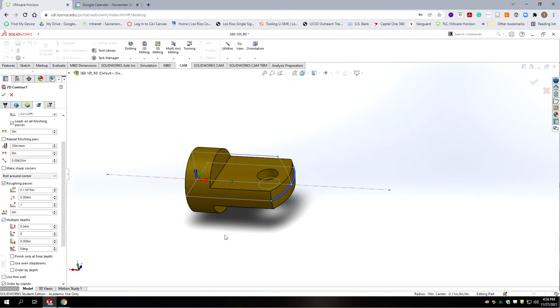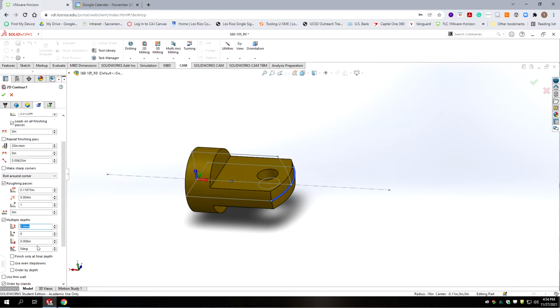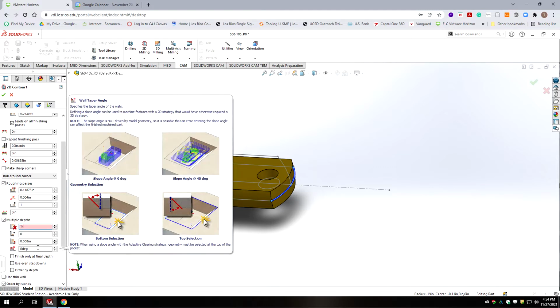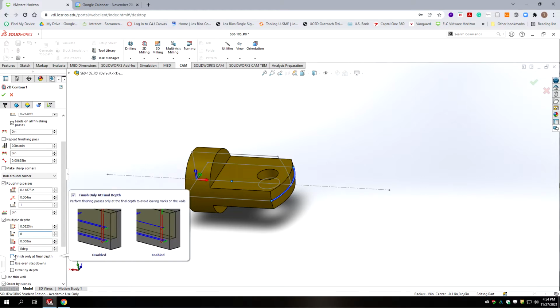And our rod's 197 thousandths in diameter. Let's go half the cutter diameter, so it's 1/8 inch diameter. We're going to do a 1/16 steps. We're not going to do any finish passes on the bottom, and then we're going to finish the side only